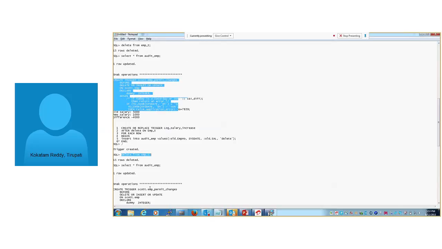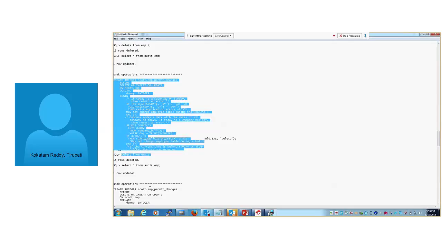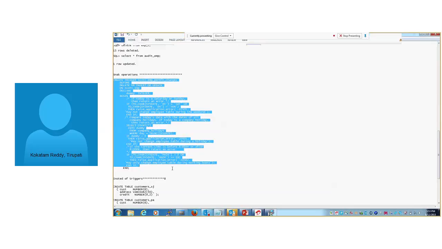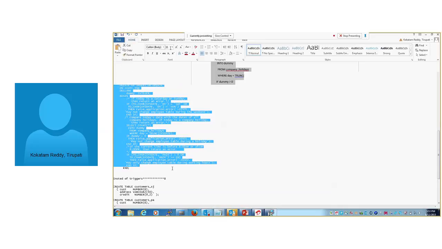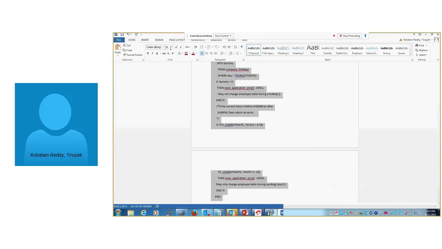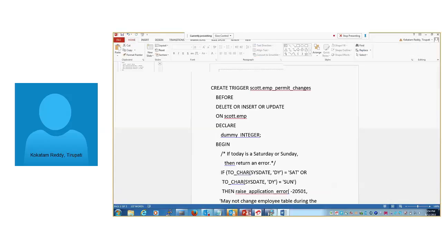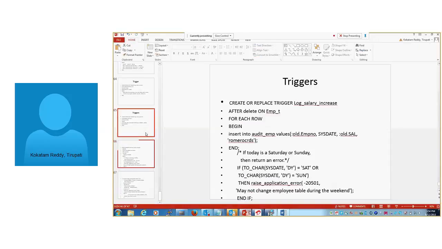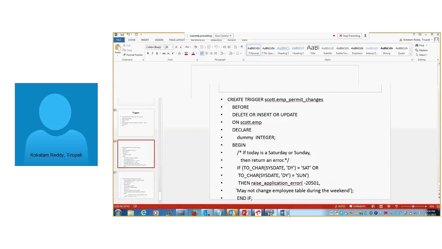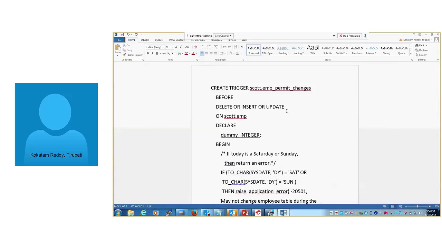This trigger is going to restrict some operations on particular days. Like we can imagine a bank. In a bank, on Saturday we have to stop the transactions.